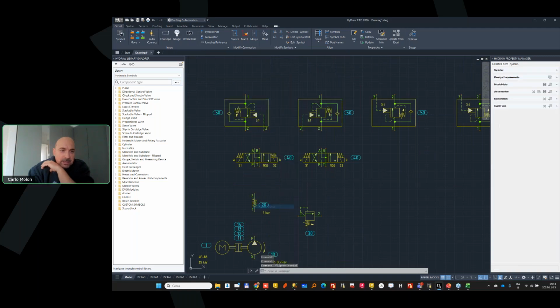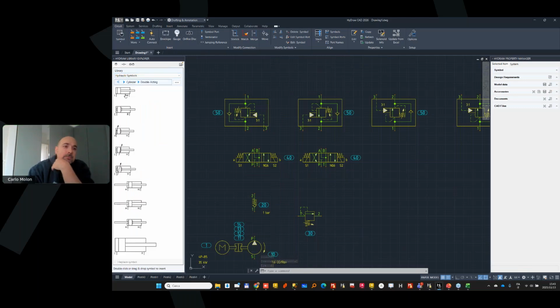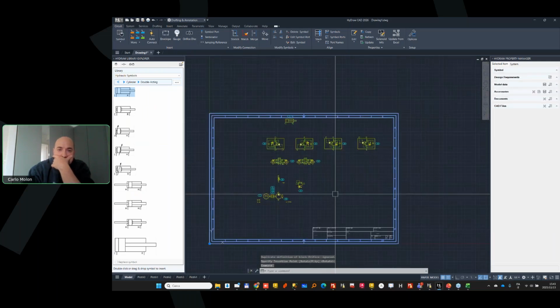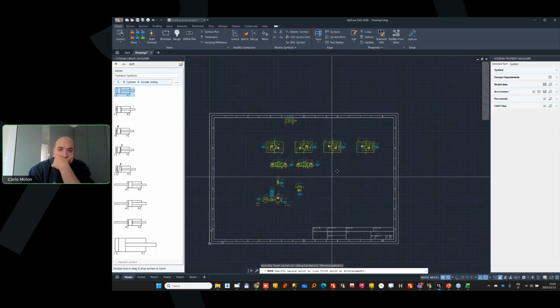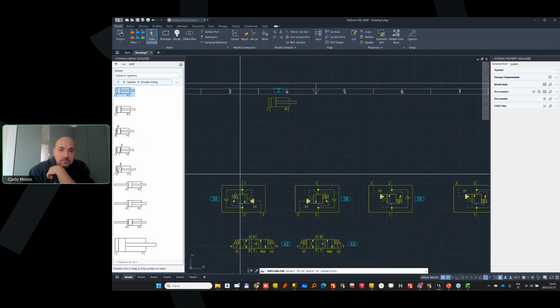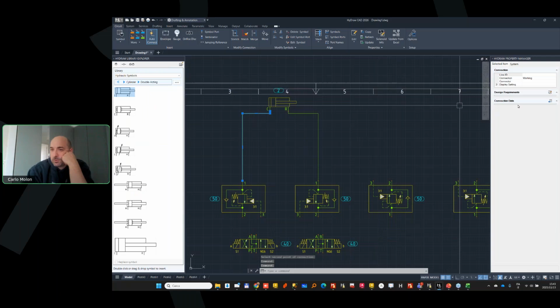So I can flip and I take a cylinder, double acting. Let me move these valves just slightly down a bit. I'm going to make a connection between the counterbalance valve and the cylinder with auto connect. And now from these connection lines, I'm going to go into the right part, and I'm going to select a